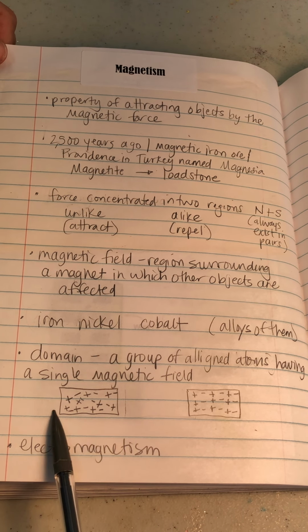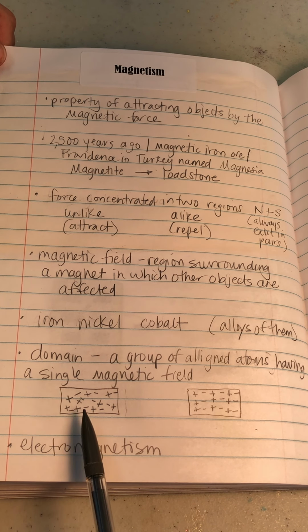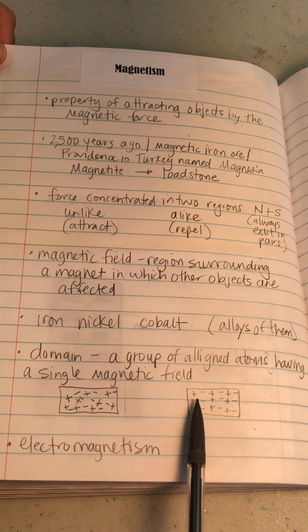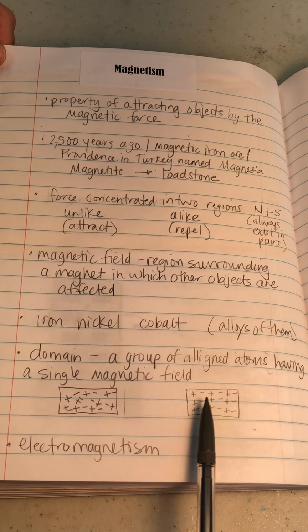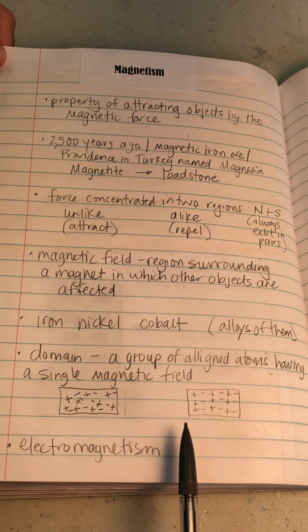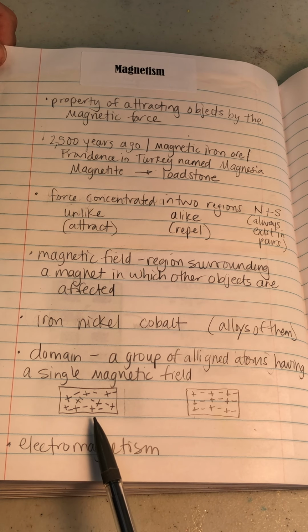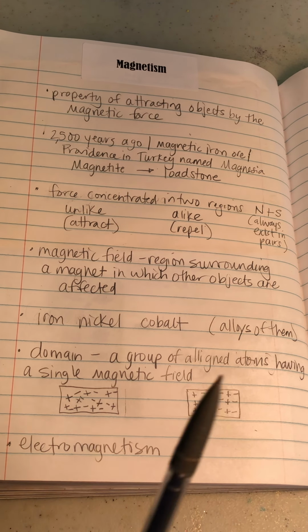So with the jumbling, we're not going to have the property of magnetism for that particular metal because the atoms are not aligned. However, if I take a magnet, or even electricity can do this, and I force the atoms to line up so that they are all in an aligned manner, then this piece of metal can take on the property of magnetism. So we call this magnetizing a metal. So if we have a piece of iron, say for instance,